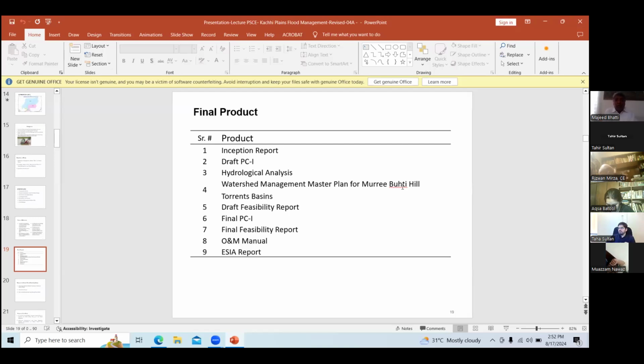Then torrent basins, draft feasibility report, final PC1, final feasibility report, O&M manual, and environmental and social impact assessment report. These were all final products submitted to the client on time, in June 2024.